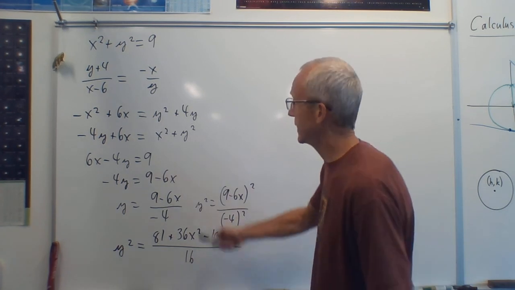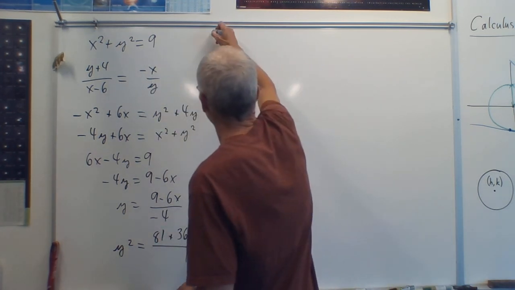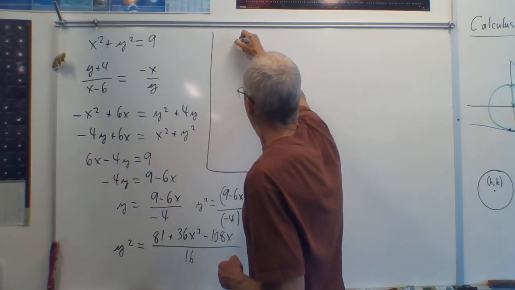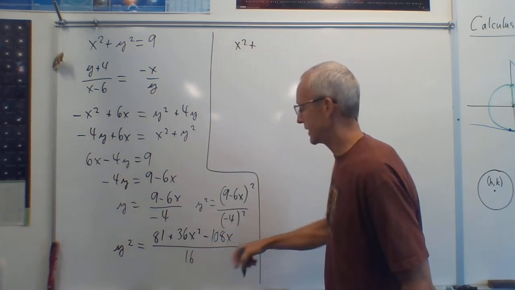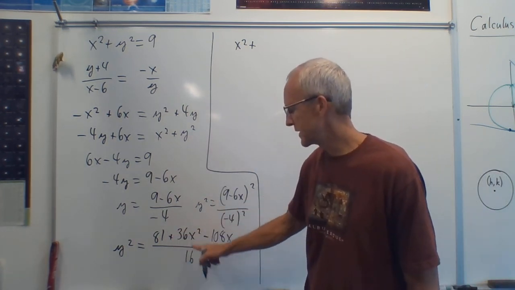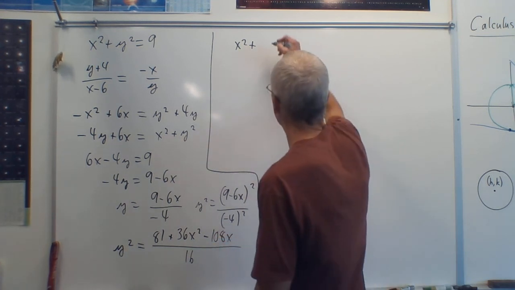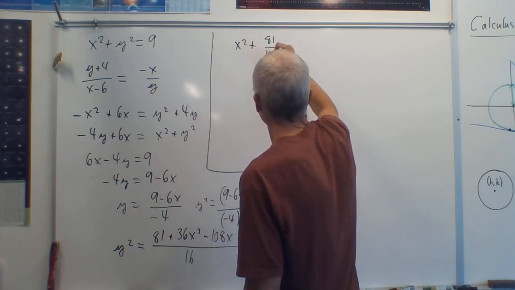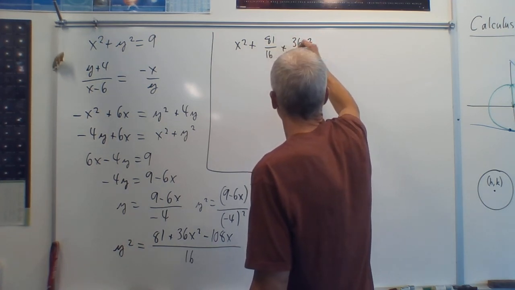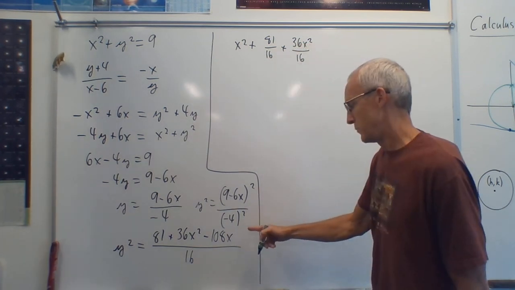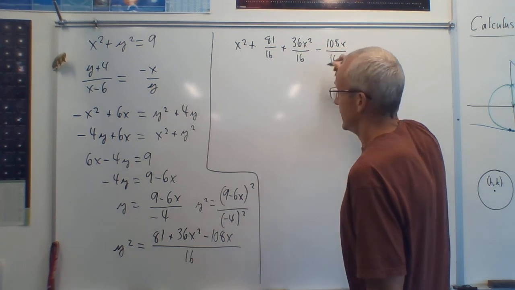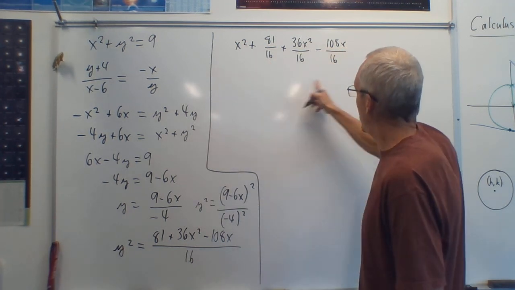Okay, now we know what y squared is. We can plug it back up into here. So I'm going to put a line here to separate my work. We have x squared plus all of this. Now I'm going to do each one separately. Okay, 81 over 16 plus 36x squared over 16 minus 108x over 16. That's x squared plus y squared